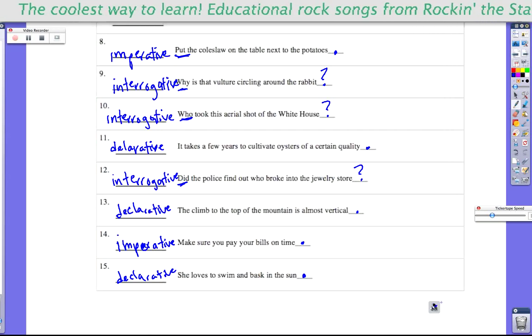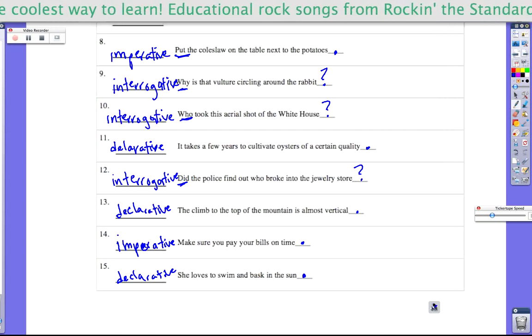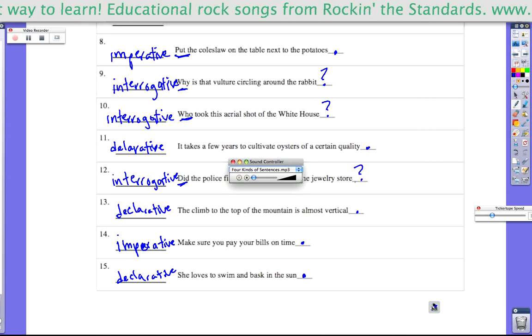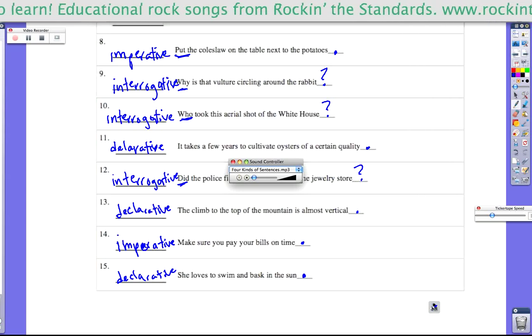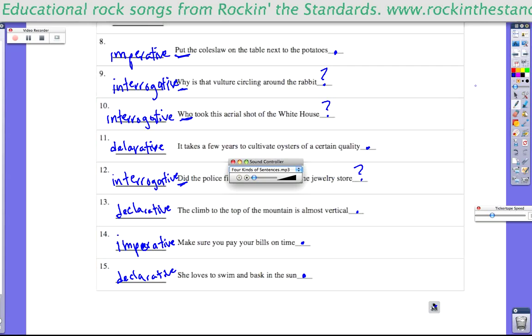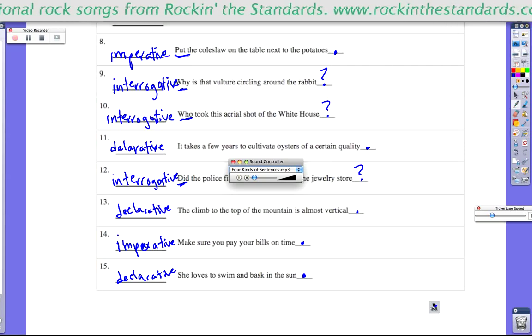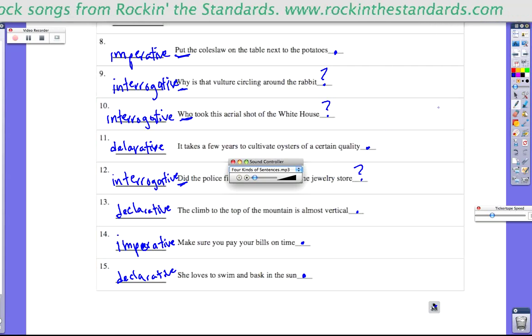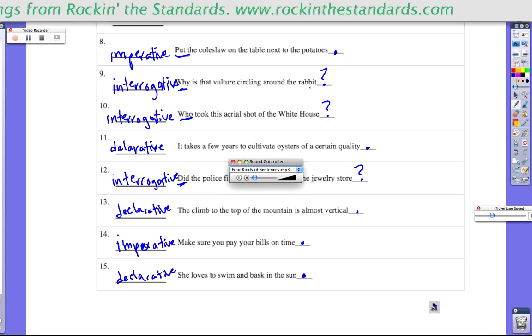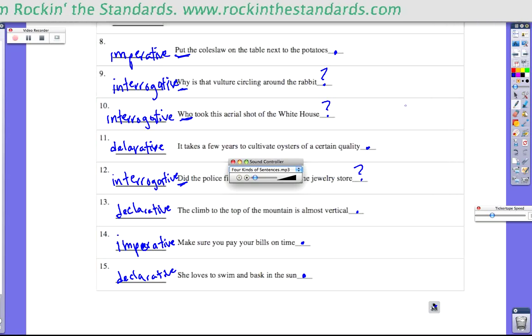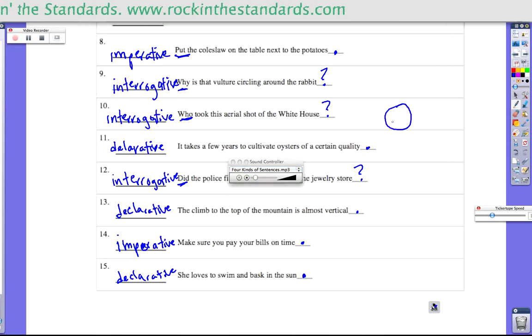Well, a statement has another name. It's called declarative, my friend. Just tells you something plain and simple. Put a period at the end. If you ask about something in a question, interrogative sentence. Don't forget to end this type of sentence with a big fat question mark. Now command